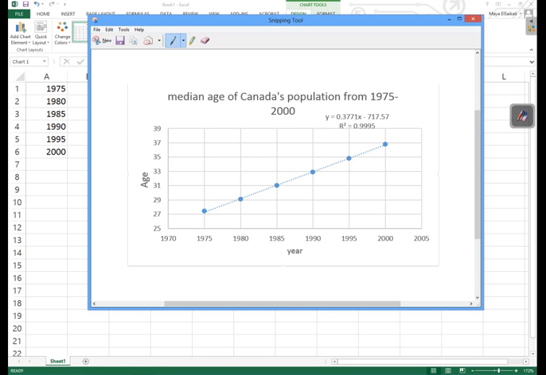So we know how to make a graph. We know how to make the axis, write the title, we know how to add a trend line and an equation of a line. Are we okay with this? I'm going to take it as a yes. Okay,